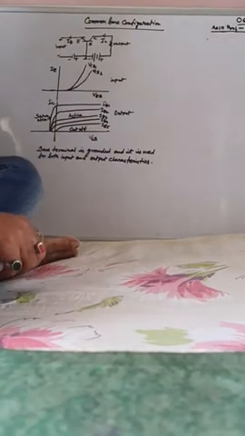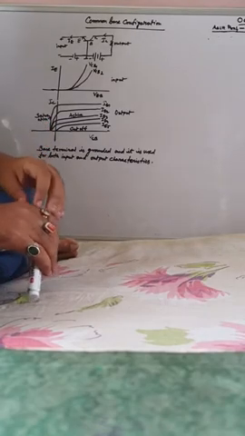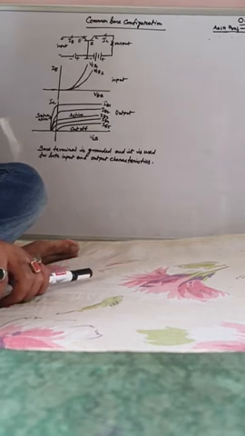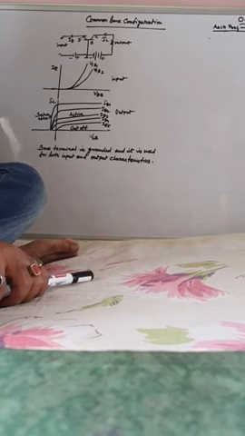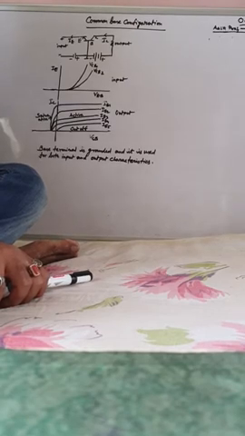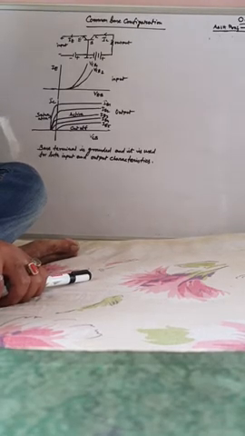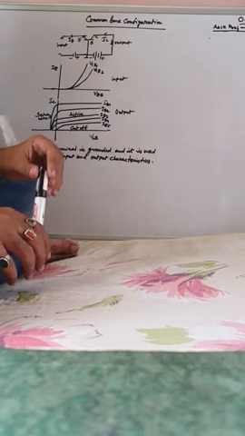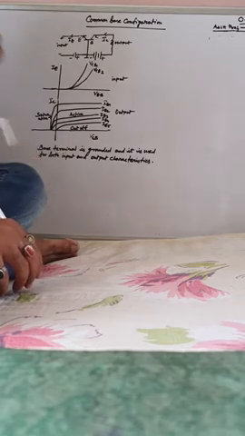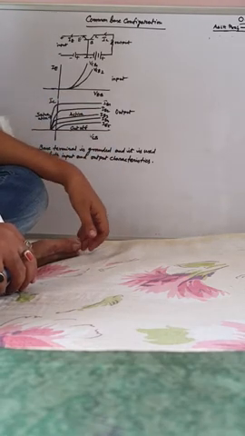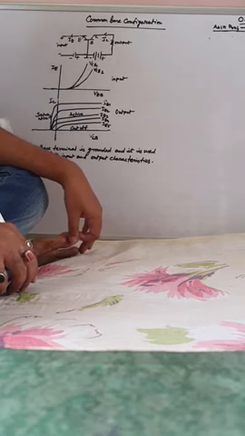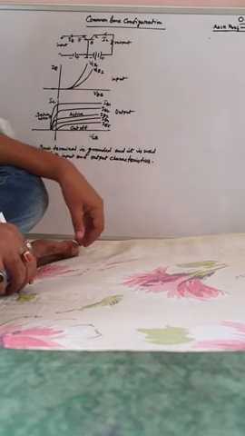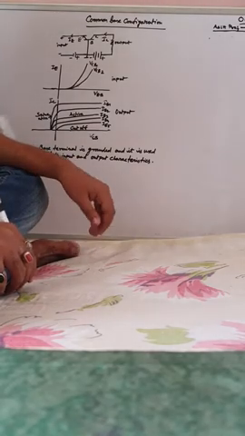So in this class we will learn common base configuration. We have learned common emitter configuration, we have understood Q points, stability factor, and how the Q point changes based on temperature. We have learned everything. But another configuration we need to learn, that is common base configuration. You can design a common base amplifier by using it, and so many other applications as well.